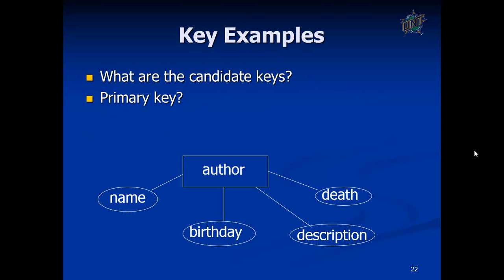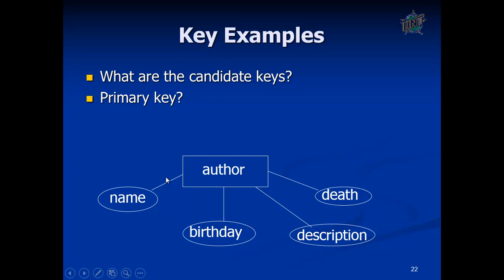Now we have already talked about the primary key and candidate keys. The candidate keys are those which can serve as the primary key, and the primary keys are the unique identifier on the basis of which you can uniquely identify the different entities.